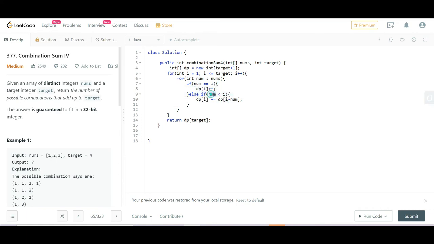And if the number is less than i, then you first find DP of i minus num, what the count was, and add it to the current value. So it is similar to the coin change problem, and I am leaving it for you to work with, because I will not explain it, as the video length would become very high. If you draw the table, you will easily understand.